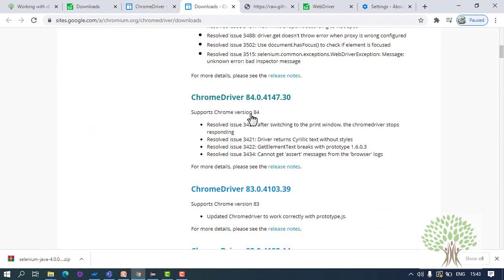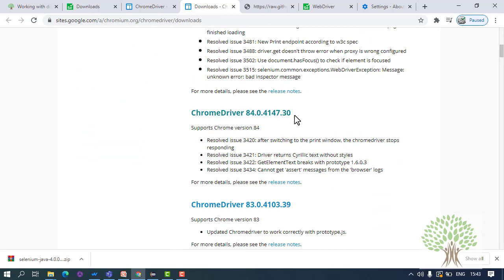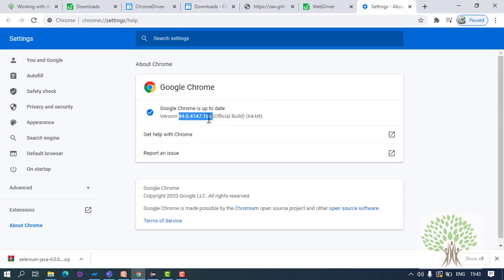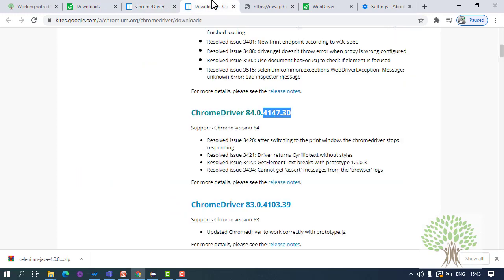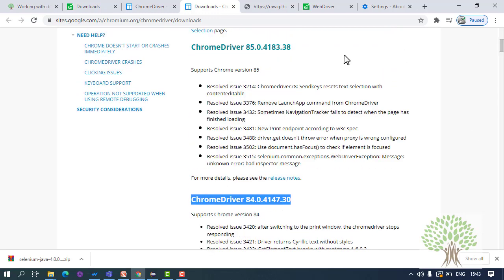I don't want it. This is for 4147.30 and mine is basically 4147.105. This will work. For me this version will work. Slight variation is okay, but there should not be a major variation. I cannot use the 85 version.